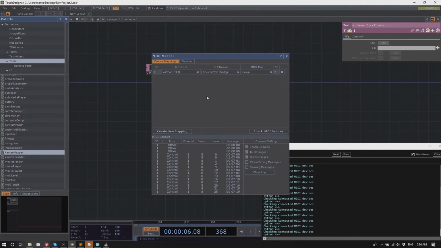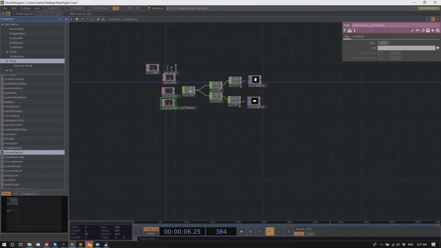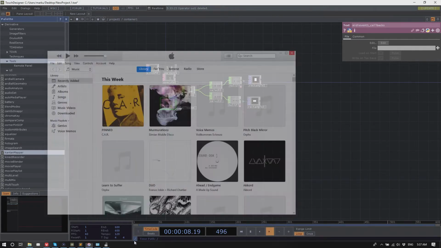Other devices come in just the same way.